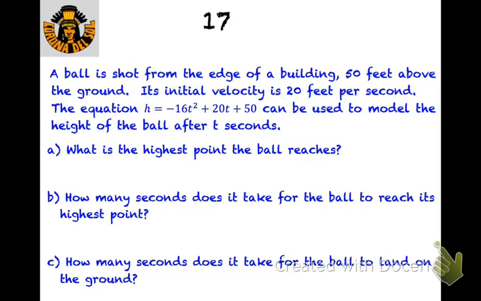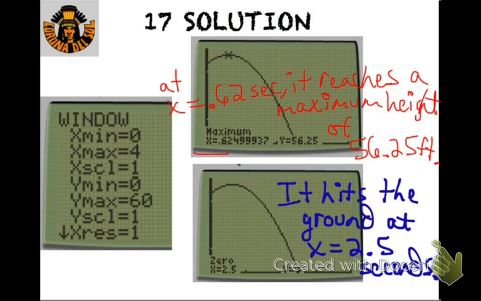So I did this one on the calculator, and I found a good window. It's not the only window that would work. It's just a particular window that works. So try that on your calculator. And I got the maximum right here to be at a time of 0.62 seconds. It's rounded to the hundredth. And then I found that the y-coordinate was 56.25, so that means that it reaches the maximum height of 56.25 feet at a time of 0.62 seconds,